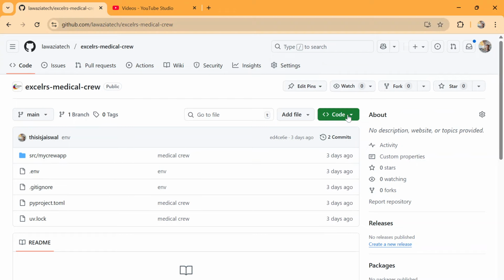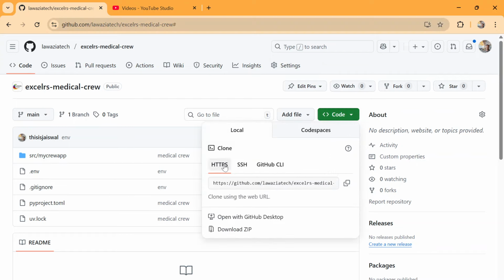So you have to go to code. There are two options. You can clone this project in your local. One is this https, copy this and run git clone command. For that you need git installed, but that git part is not in the scope of these sessions. You can use this download zip option also. So go click on this download zip,